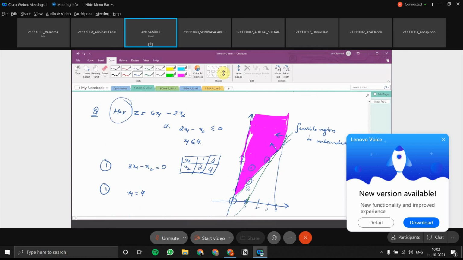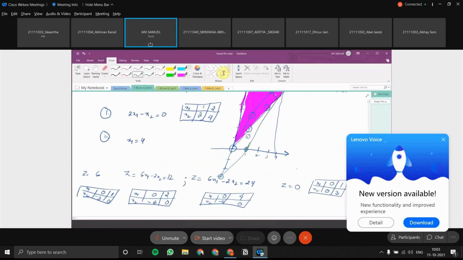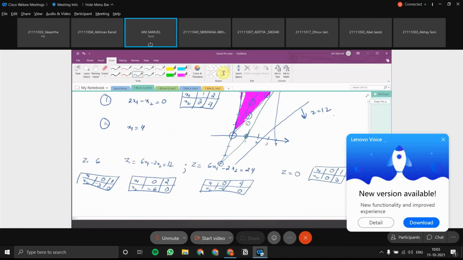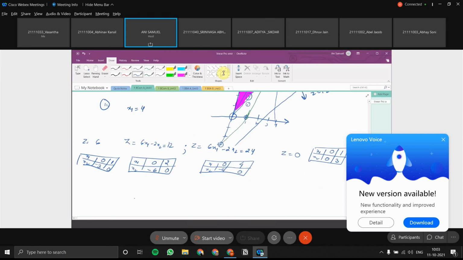See, I'm going like this, right? Somewhere something parallel, and as I go beyond, this is my maximizing. This was z is equal to 0. This, if it is crossing, was z is equal to 6. Definitely my z equal to 12 line is parallel to here somewhere like this. Understood? Everyone? I hope I didn't confuse it with this. So basically what we are getting is that z is not always intersecting the